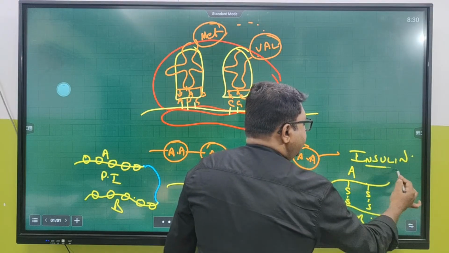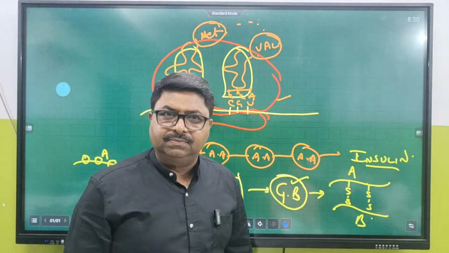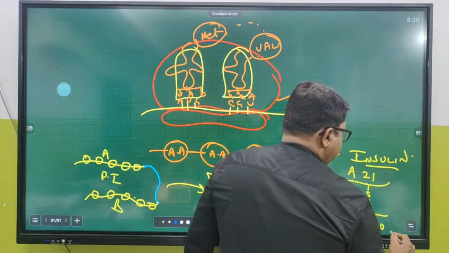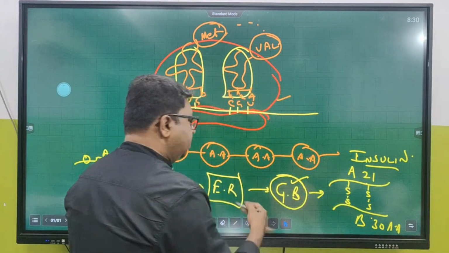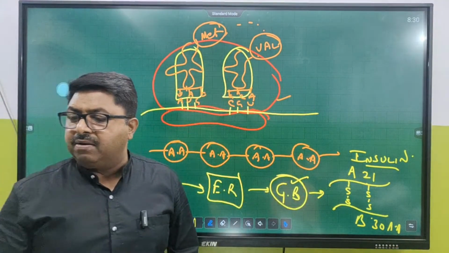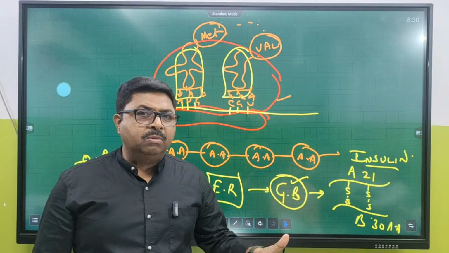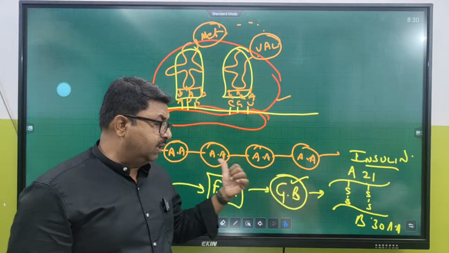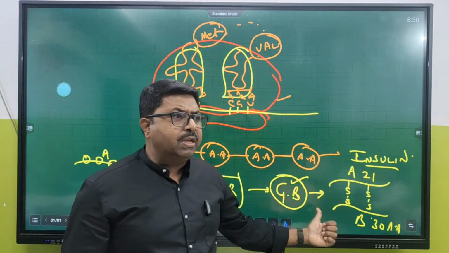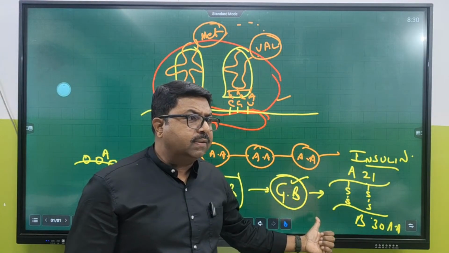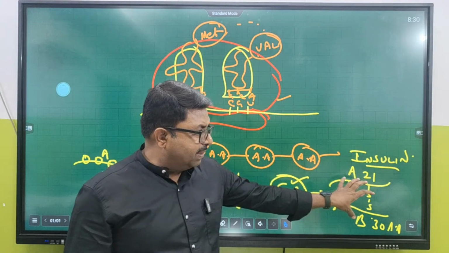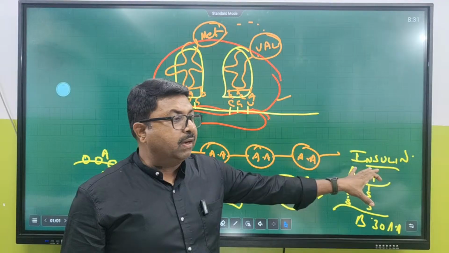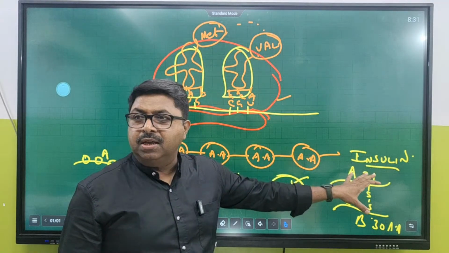This packaging is done by the Golgi body. A has 21 amino acids, B has 31 amino acids. So C is being removed. This part of the proinsulin is removed by the Golgi body. This is one type of modification. If this insulin is an active insulin, by the help of biotechnology we can always